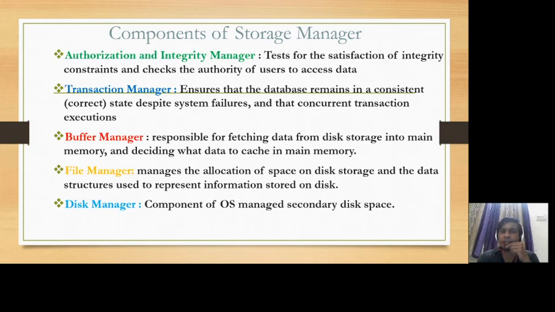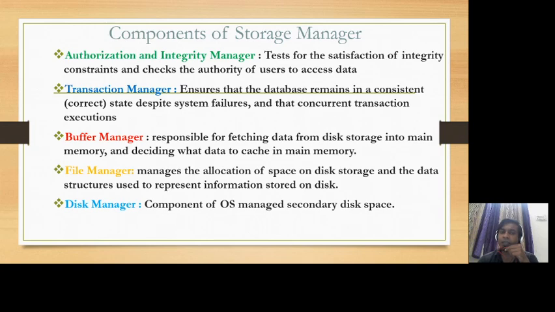The storage manager components further focus on five aspects. First, the authorization and integrity manager, which tests for satisfaction of integrity constraints and checks the authority of a user to access particular data from the database. Then the transaction manager, who ensures that the database remains in a consistent, meaning correct, state despite system failure and concurrent transaction execution.